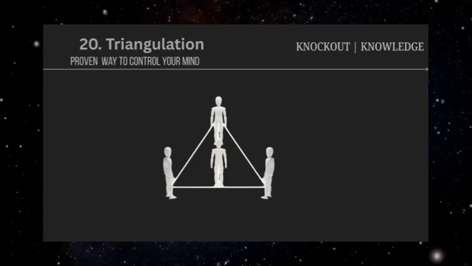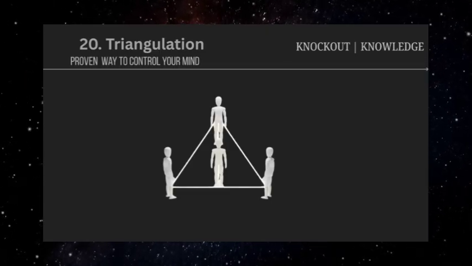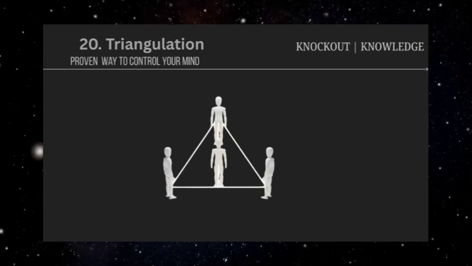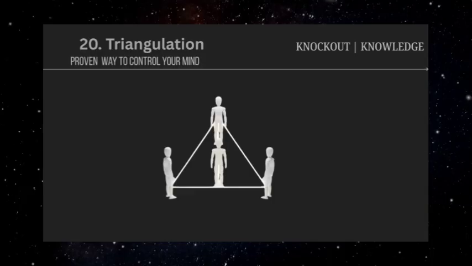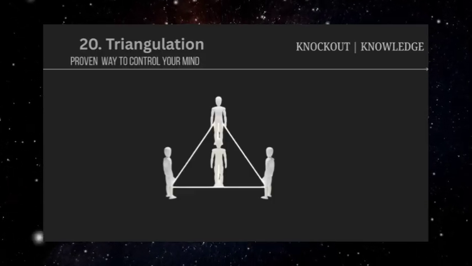When someone introduces a third party into a relationship discussion, whether real or imagined, it immediately shifts the emotional landscape from focusing on the actual issue to managing feelings about this external threat or comparison. This emotional disruption often makes people more compliant and less likely to maintain their original position.